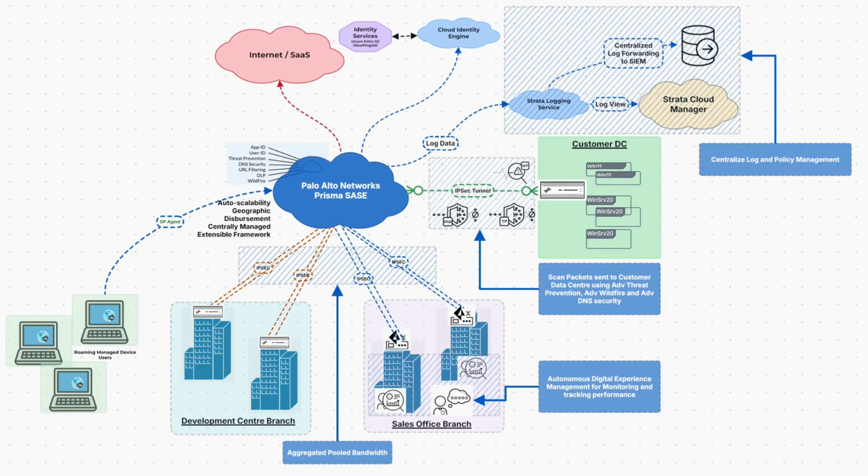In our data center, we have a critical private web application deployed. Guarding the edge of this data center is the next generation firewall. I've established an IPsec tunnel from this firewall directly to Prisma Access. This acts as a secure service connection, creating a secure, persistent highway for the traffic between Prisma Access and